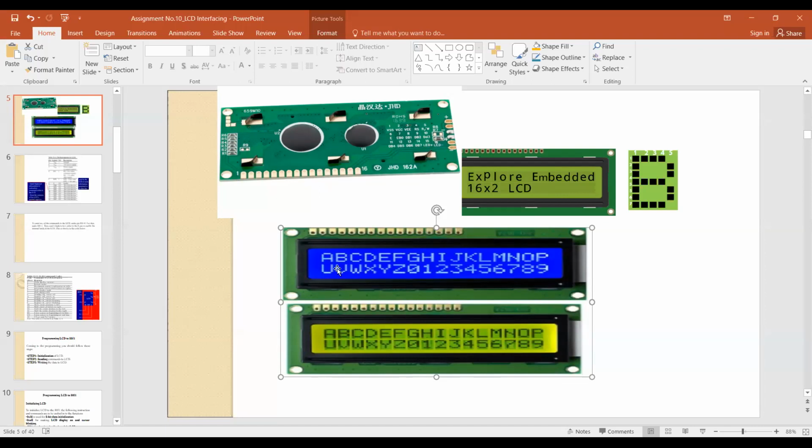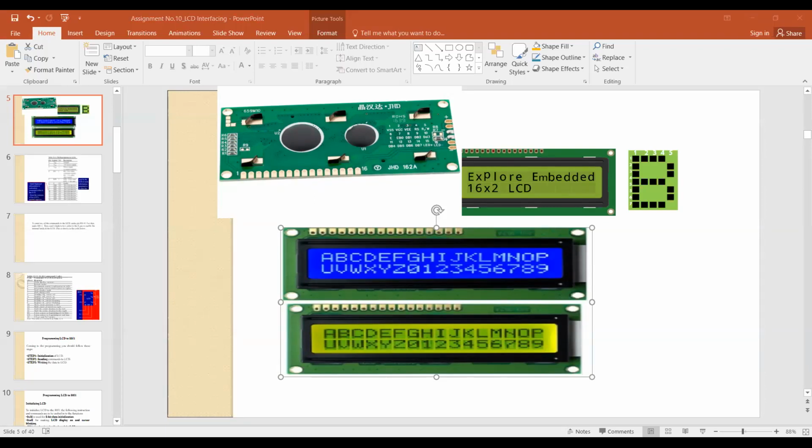Now, I don't want to print A to 9, I want to print PICT. Suppose I want to start P at the position where you see M on this screen. At that position I want to start my first character P, and then increment my cursor to the right. The position of M is 8C. It goes 8C, 8D, 8E and 8F. I know that the last character of the first line ends at 8F. So 8C.